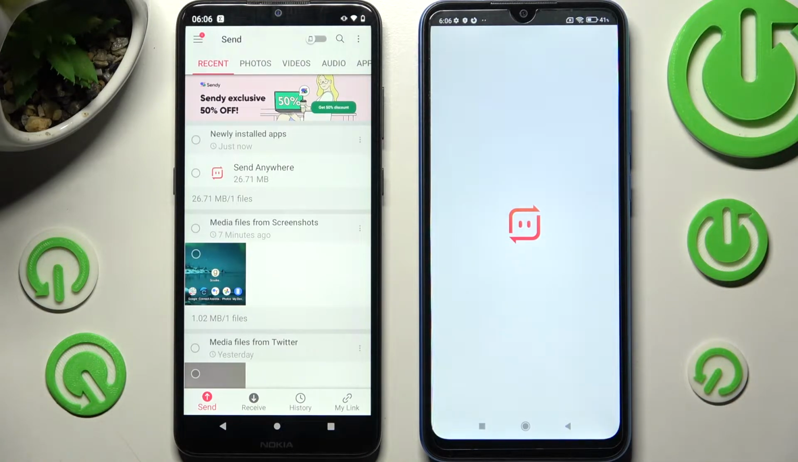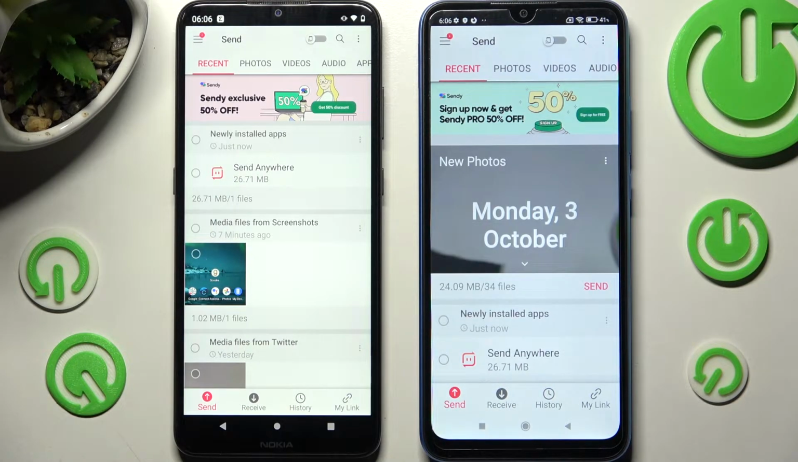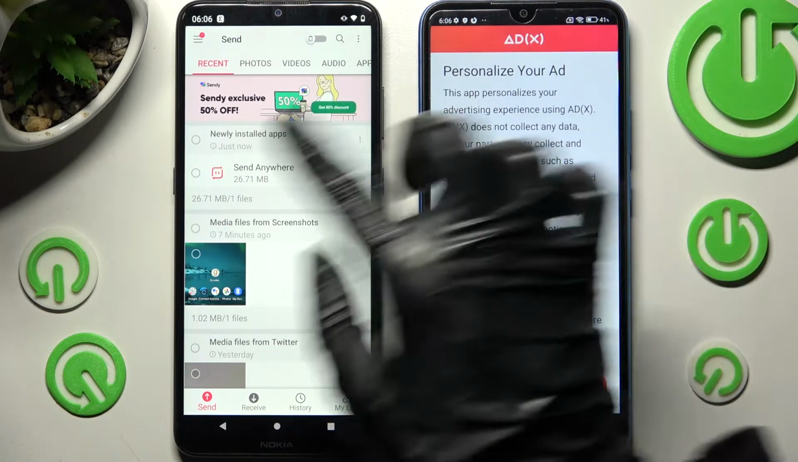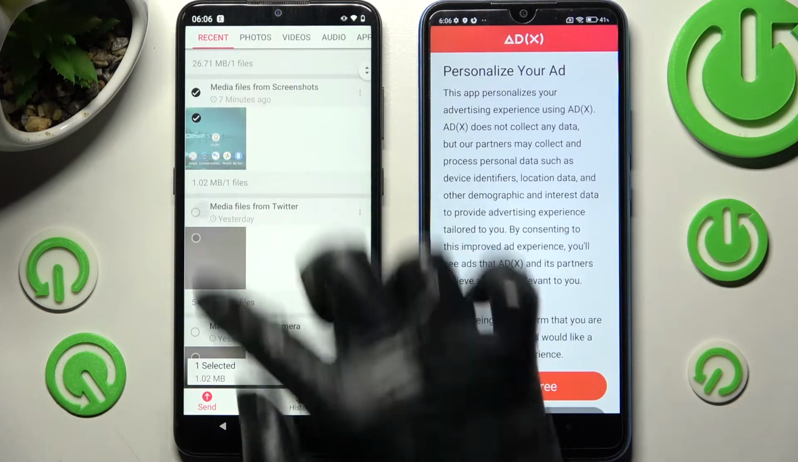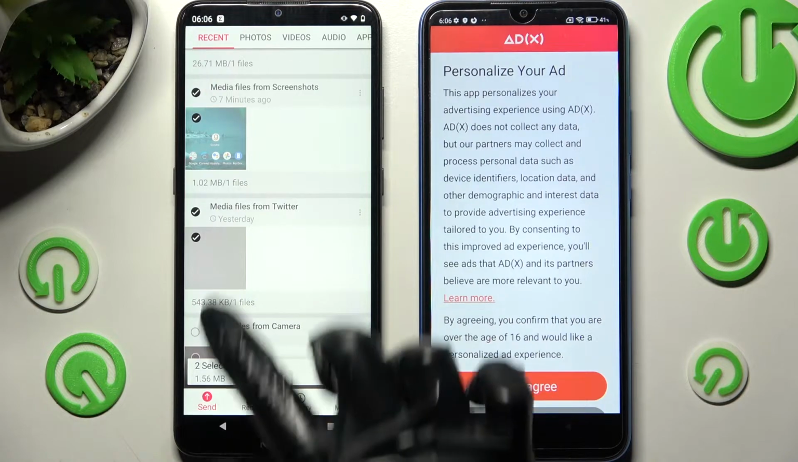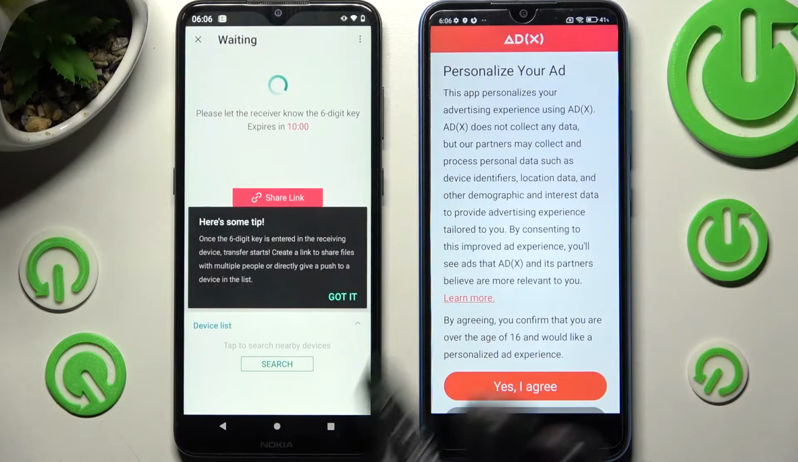Now choose Send at the bottom left corner of your Nokia and tap on Receive on Xiaomi. From here you need to click on all of those type of dots and select Send. This way you will select all of them and transfer them later on. It will take some time though, so I will go with only this one photo, choose Send and click on